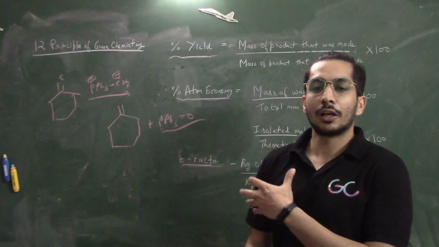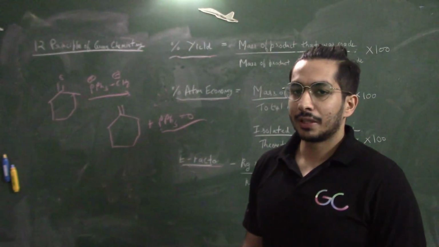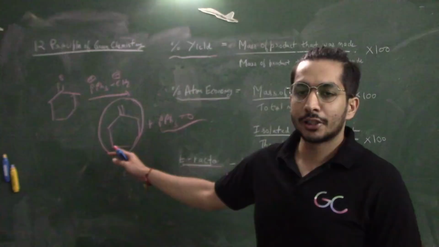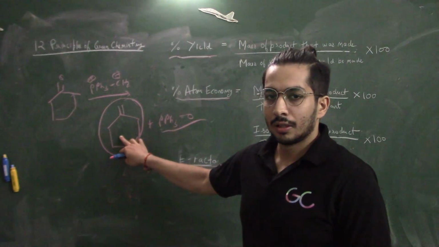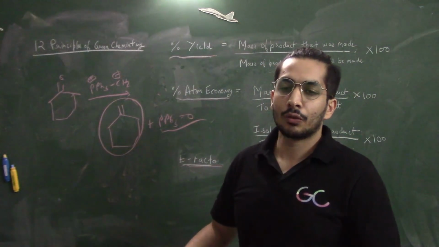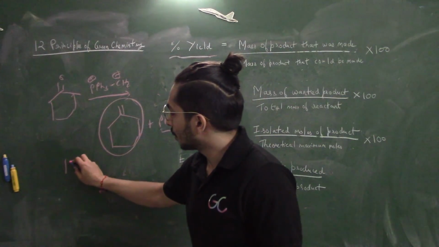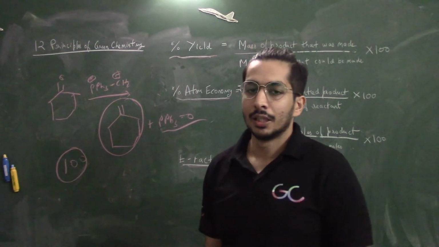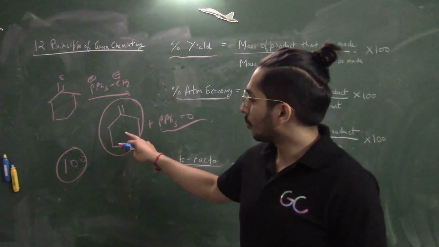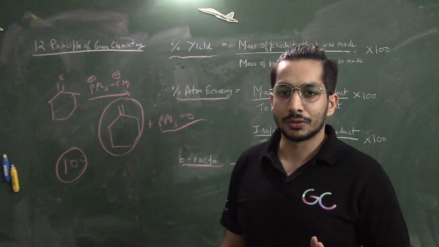So now if I try to calculate the percentage yield of the reaction, let's say the percentage yield is very good because this is my target product. I'm going to calculate the theoretical maximum yield of this particular product, and how much I got experimentally. So let's say I got 100% yield. Let's assume that I wanted 100 grams of this product. Theoretically, I could get 100 grams of this product, and I got 100 grams. So the yield will be 100%, right?